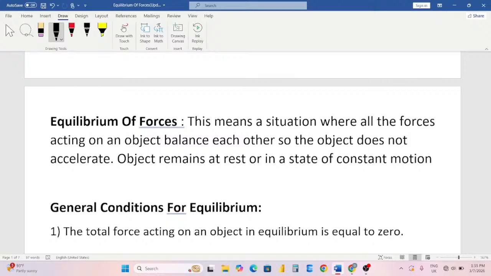So it states here that it is a situation or the state of a system where all the forces